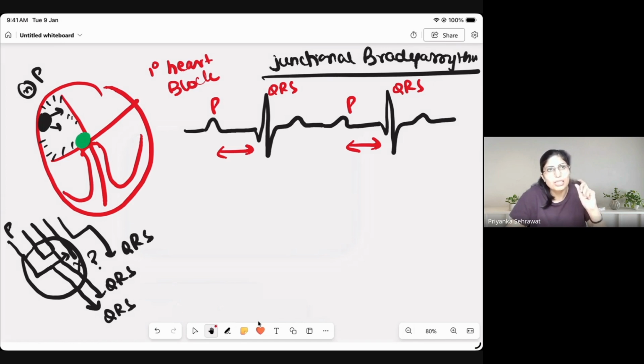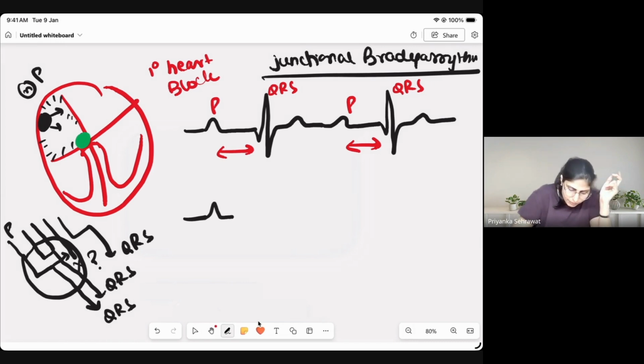So second degree heart block का जो मीनिंग है, आपको ये याद रखना है कि some of the P waves are not followed by QRS, and there can be two patterns in this. Because a P wave followed by QRS is because of the AV node, है ना. If AV node is unduly delayed, more delayed, then some of the P waves are not followed by QRS. Now there can be two patterns of this.